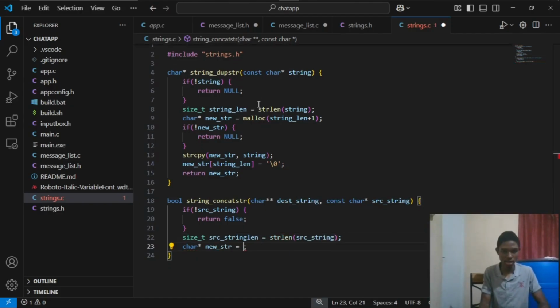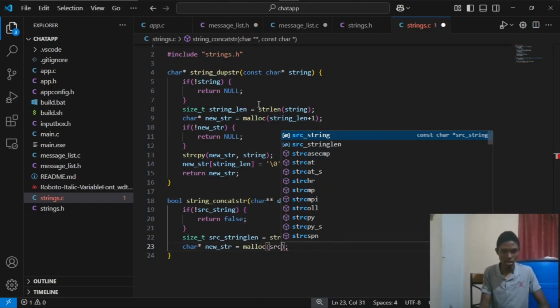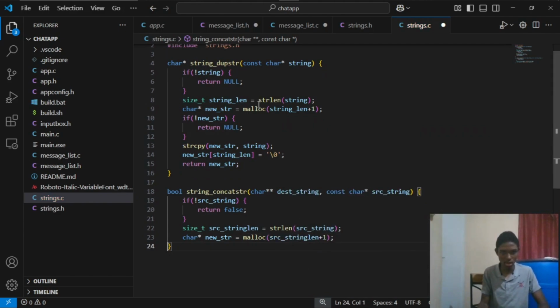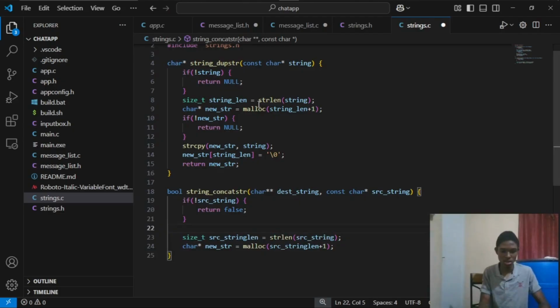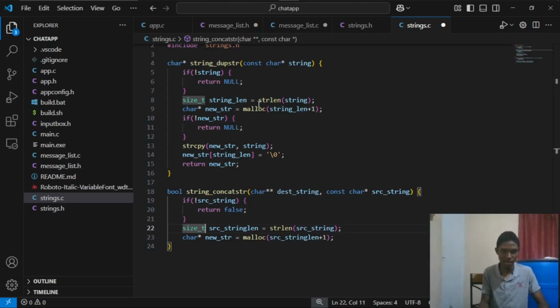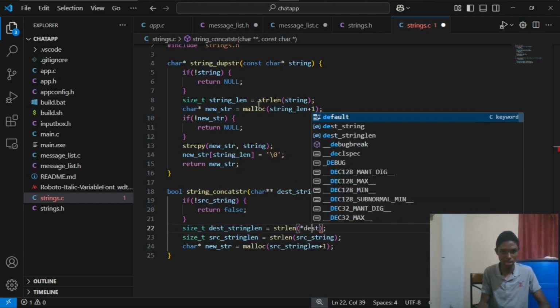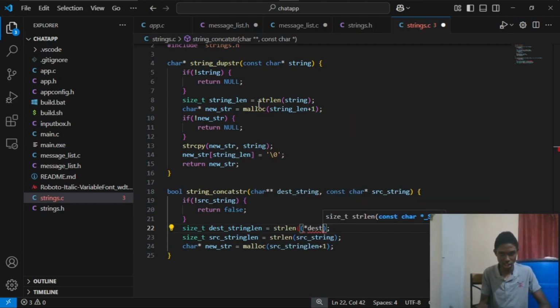We'll then say malloc source string length plus 1. We'll also need to get the length of our destination string. So we'll have a size_t for our destination string length, which will be the string length of our dereferenced destination string, and then